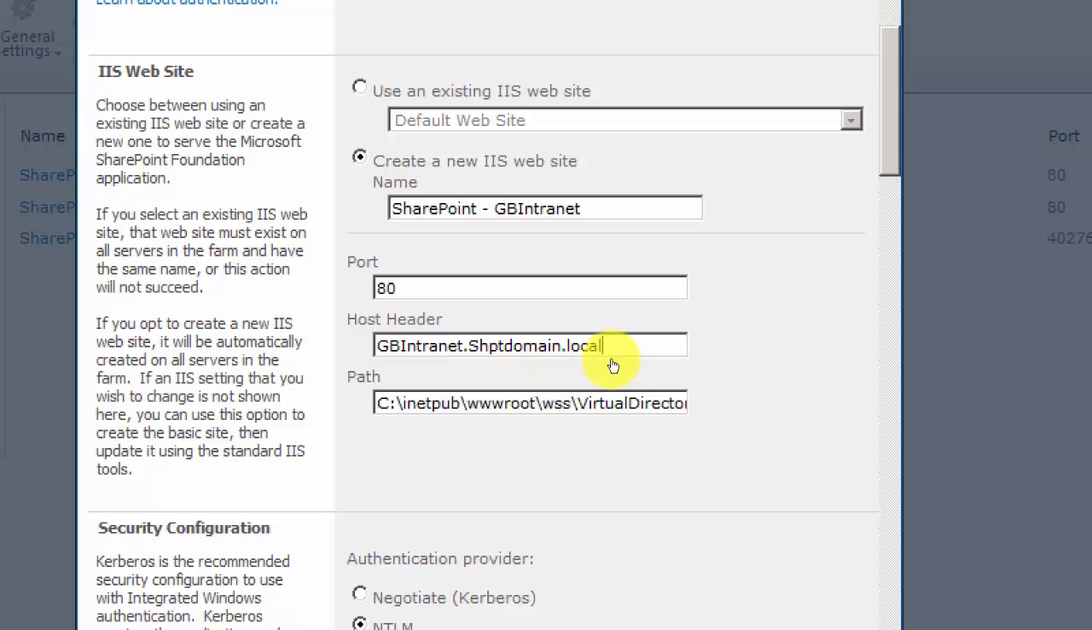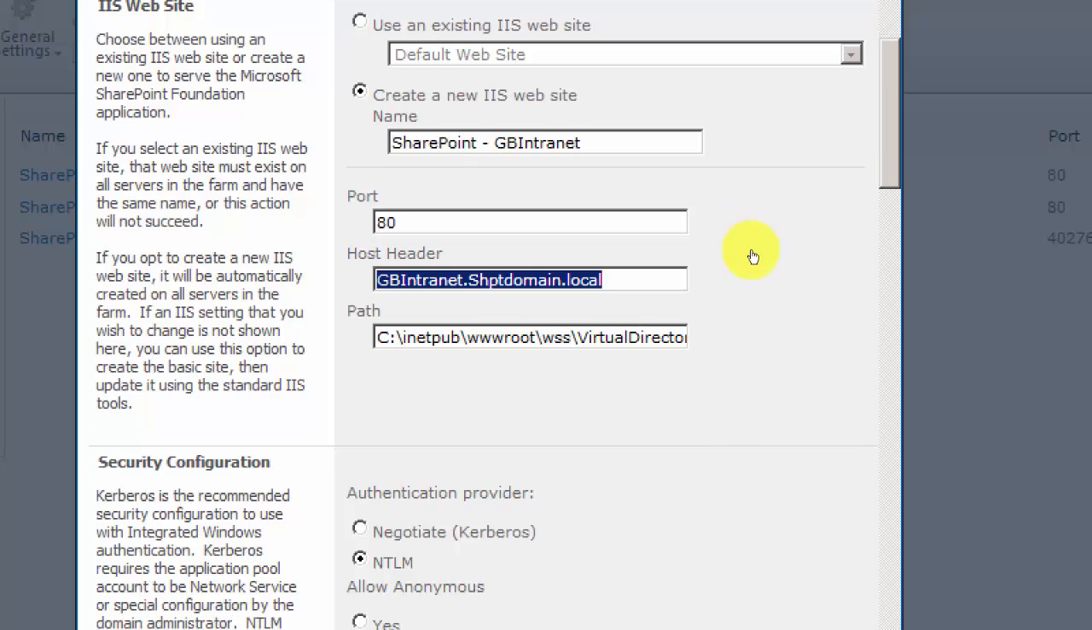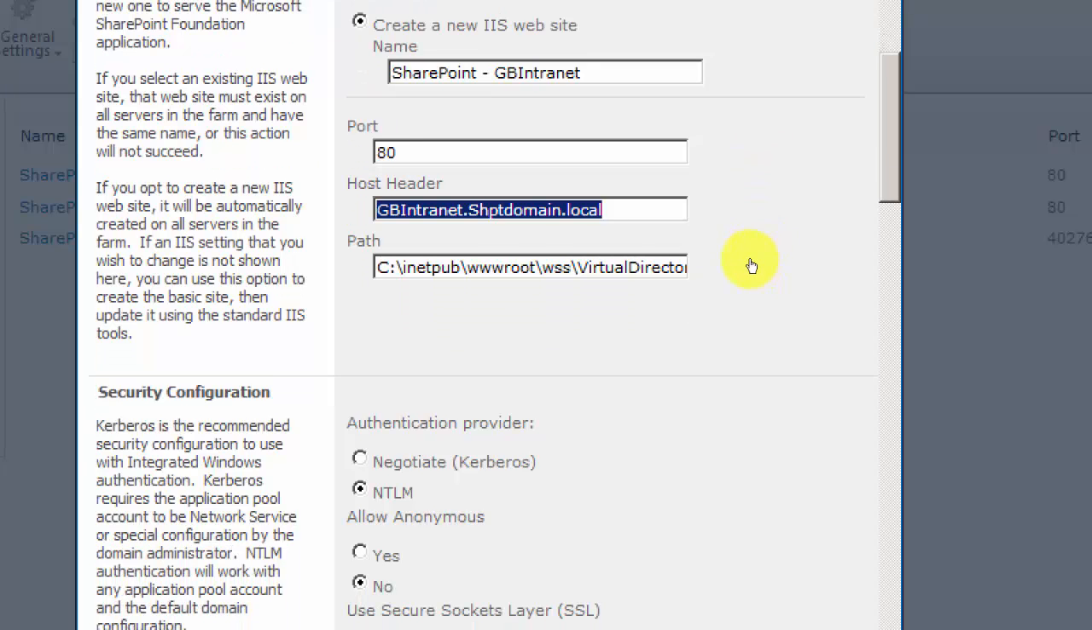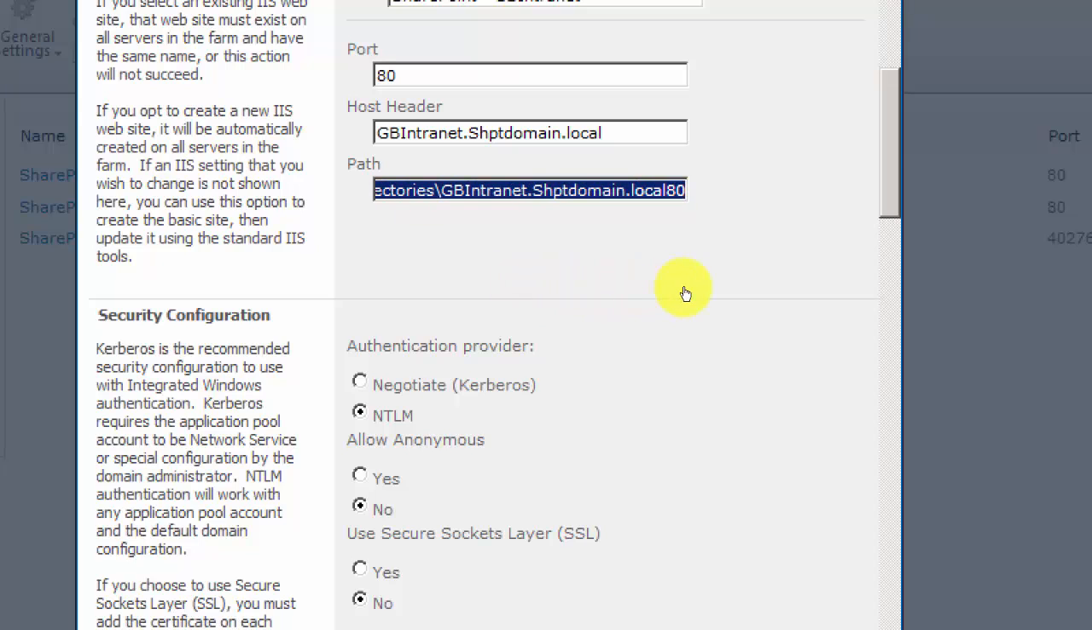So this website will be accessed if we put the DNS information as well for this. So in DNS there should be this name given and the IP address of this server where this website is being created. Well, I'm going to do that anyway, so you would know. So what we have done till now, we have given a name called SharePoint-GB intranet. We have given a port 80. Then host header is this, which is an individual